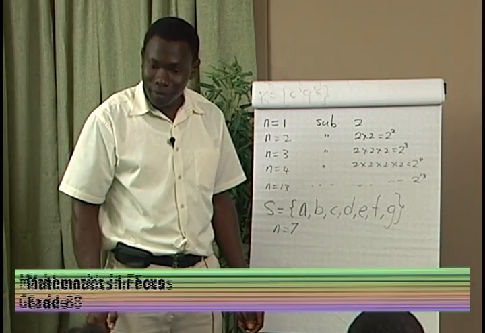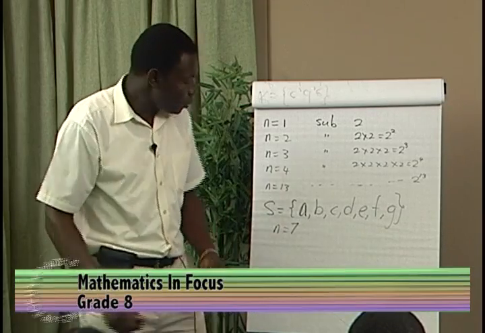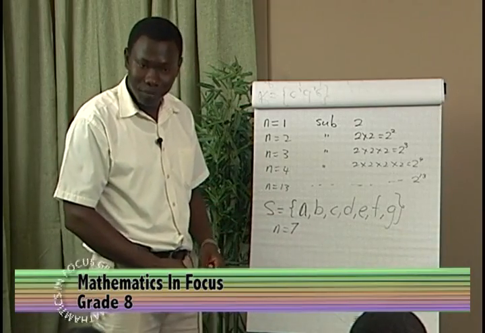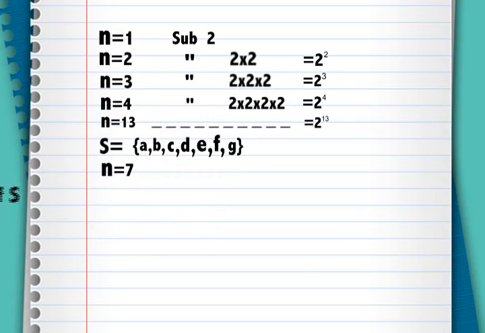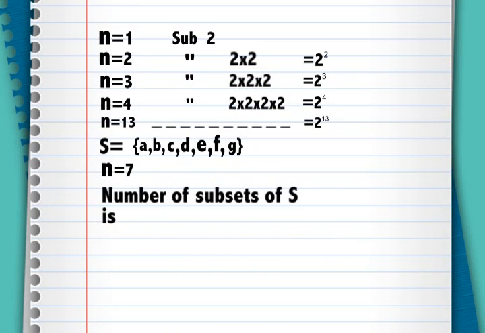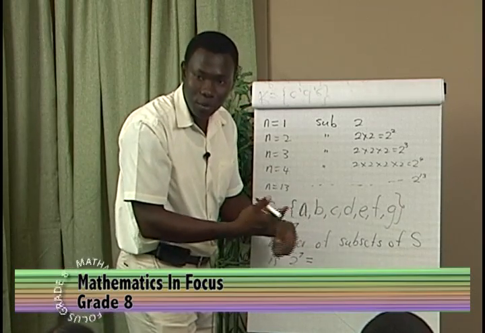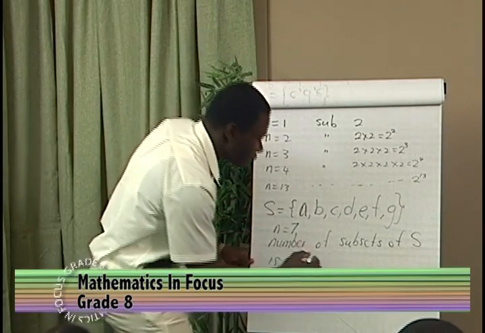Right? They come to you now. So let me see how you're going to help them out. What will you tell them? 2 to the 7th power. So we say the number of subsets of S is 2 to the 7th power, which is, we multiply 2 times 2 times 2 all the way 7 times until we get to